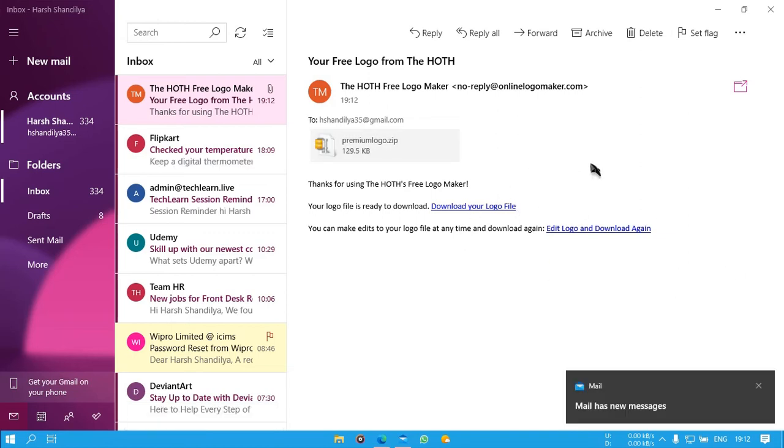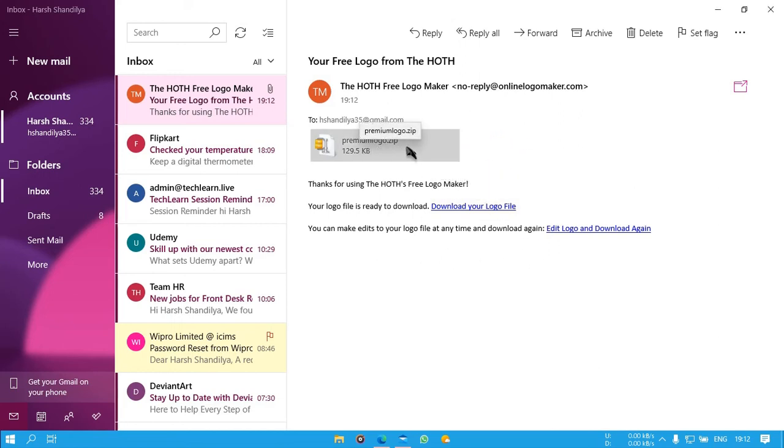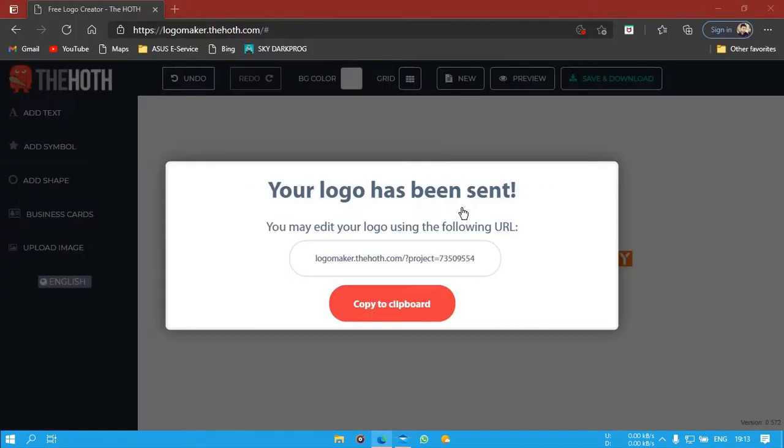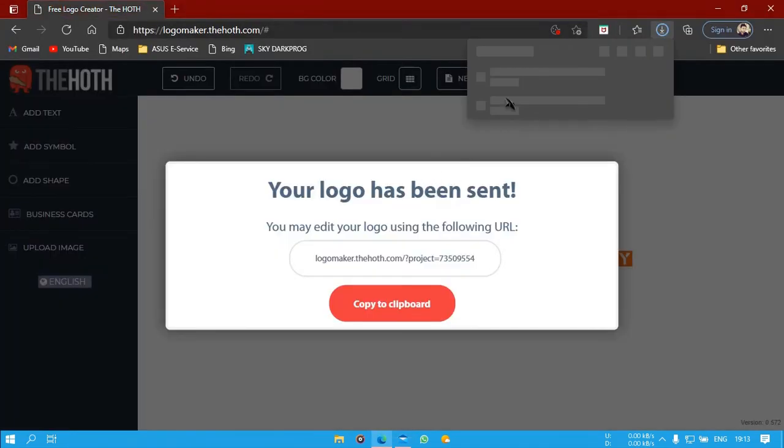Now you can see we have got our logo in my email. So you can see there is a file, so we have to download this file. So click on this download your logo file, and it will be downloaded like this.